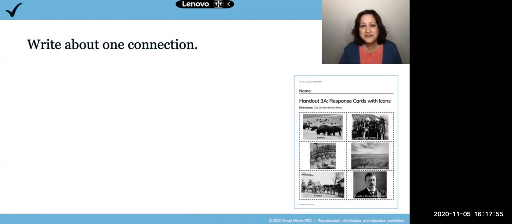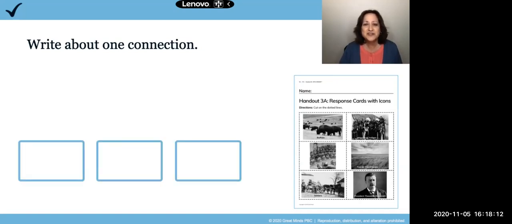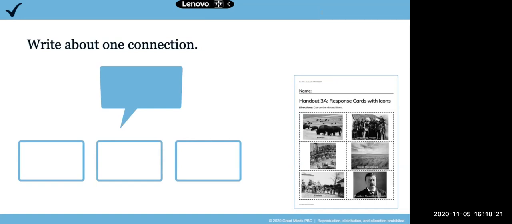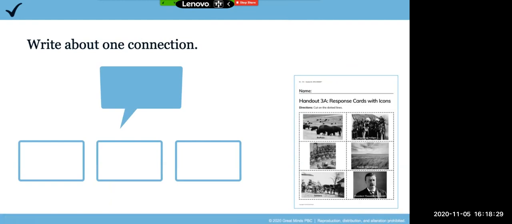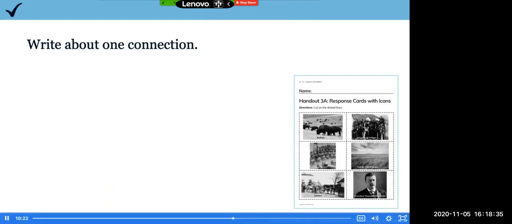There's the check mark in the corner, and you know what that means. Your teacher has an opportunity to check in with you and check your understanding. So, what I'd like you to do is to make a connection between the pictures and write about that connection in your journal. Remember, it's helpful if you put your pictures together first, practice it out loud, and then write your sentence in your journal. Pause here to think about a connection based on the evidence that we've read in the book. Practice your sentence out loud and then write it in your journal. Just hit play when you're ready to continue.